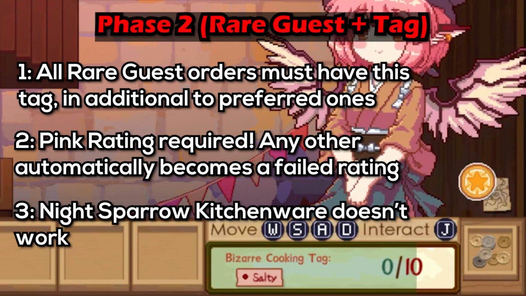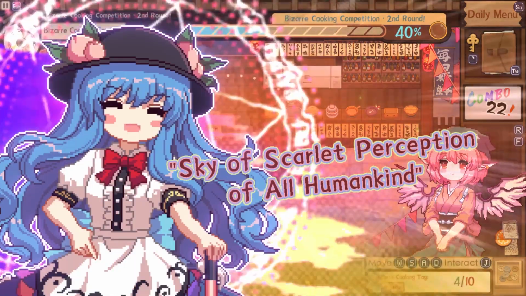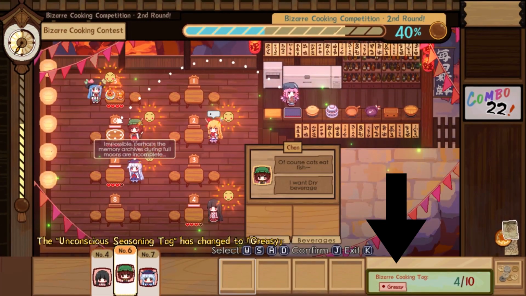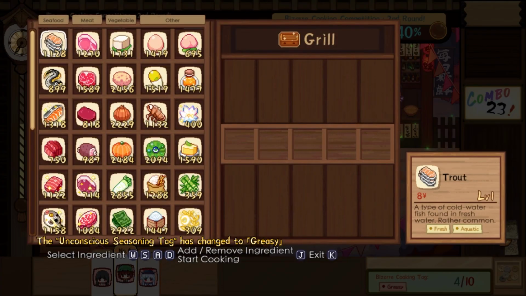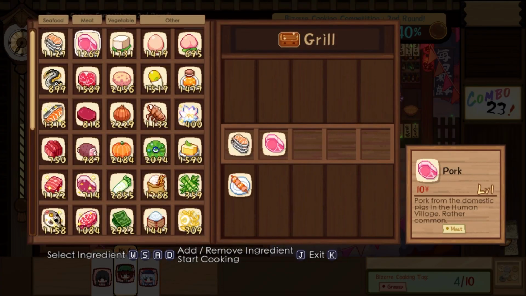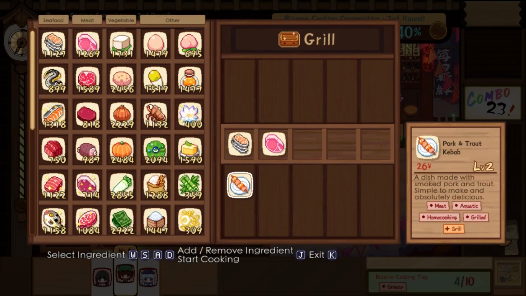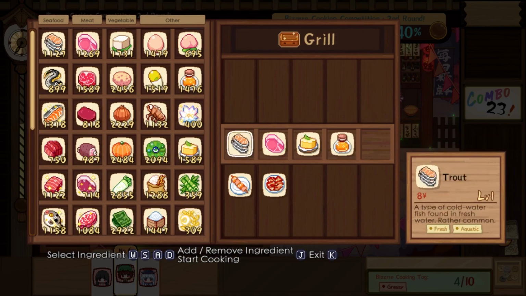And don't get cheeky with the Night Sparrow equipment here, because it doesn't work again. The tag changes every 30 seconds, so if the timer is about to run out, don't make anything new and wait for the next tag, so you don't accidentally trigger a black rating. There's no priority system for rare guests here, other than maybe Reimu, who can protect you if you screw up by accident. This phase isn't too difficult, though it ensures that you do want a decent stock of ingredients,